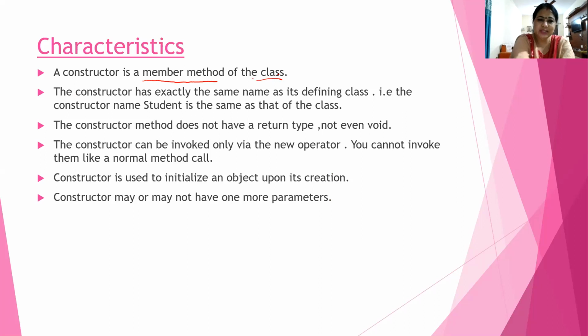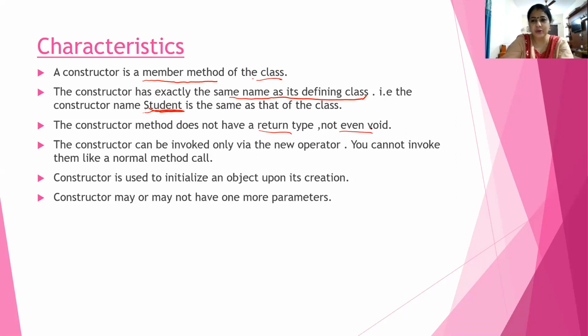Okay, now what is the name of the constructor? It is exactly the same name as the class being defined. Whatever the class name is, that must be the name of the constructor also. You cannot give any other name to the constructor. Always the name of the constructor is the same as the class name. Here you are seeing the name of the class is Student, and the name of the constructor also is Student.